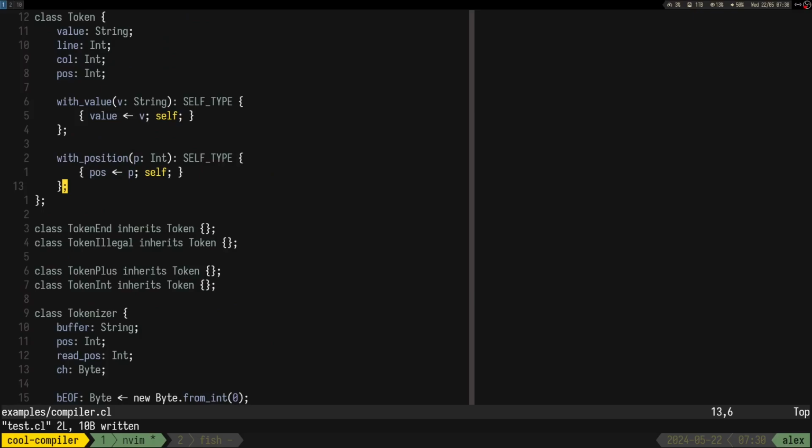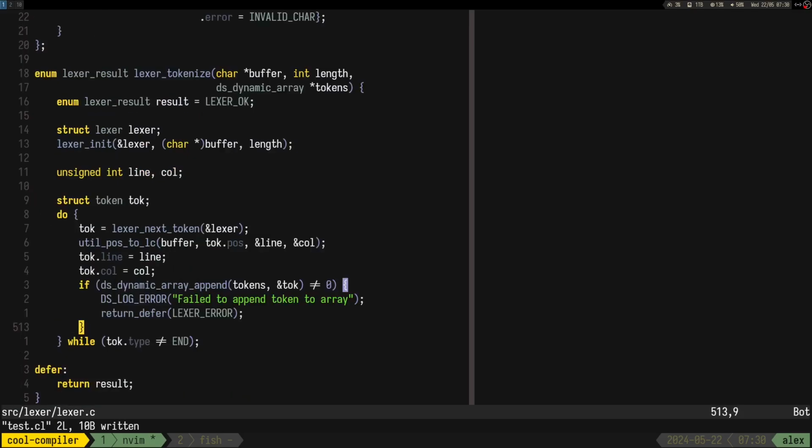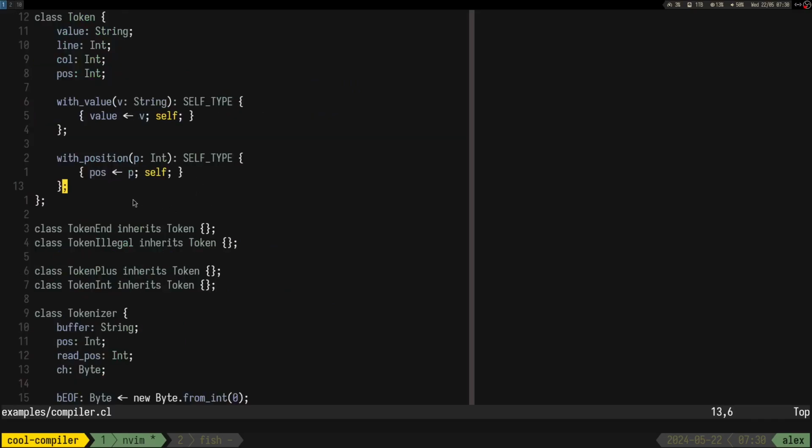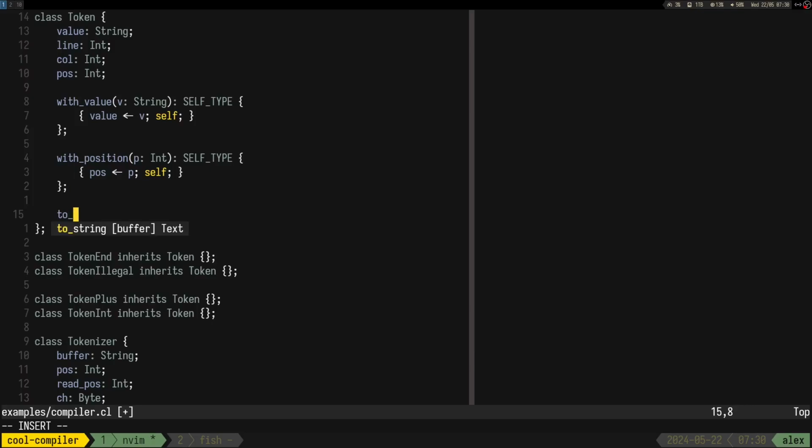Okay, let's take a look again at this one. So here I have token type to string. I guess, you know what would be interesting?